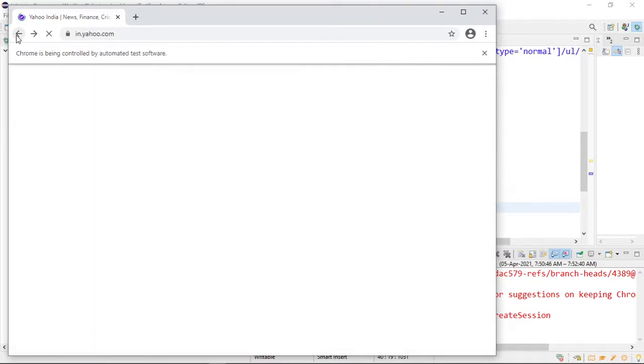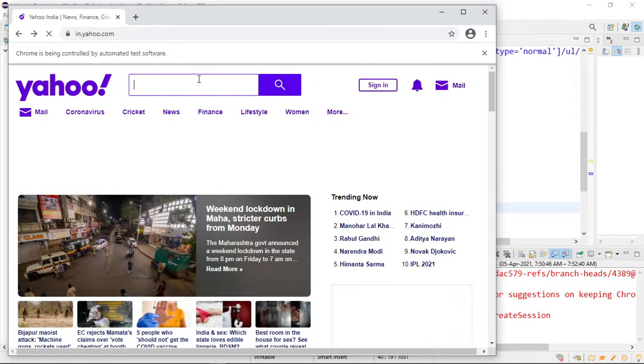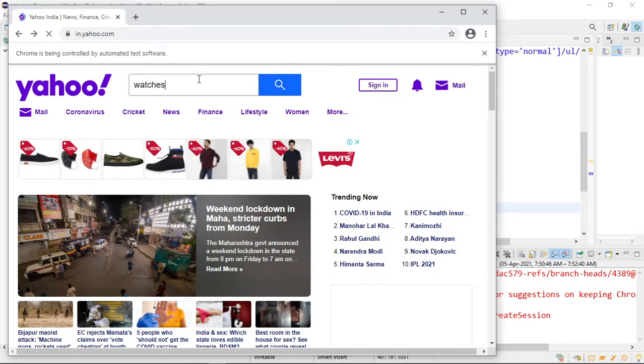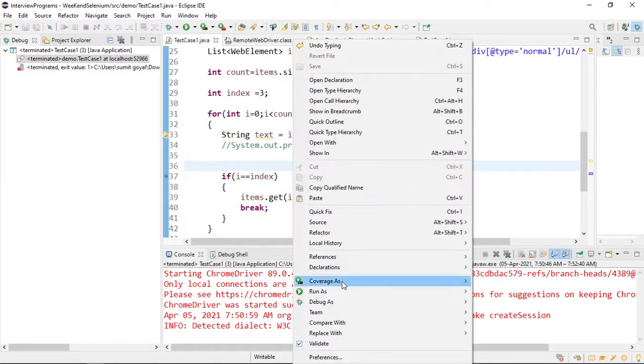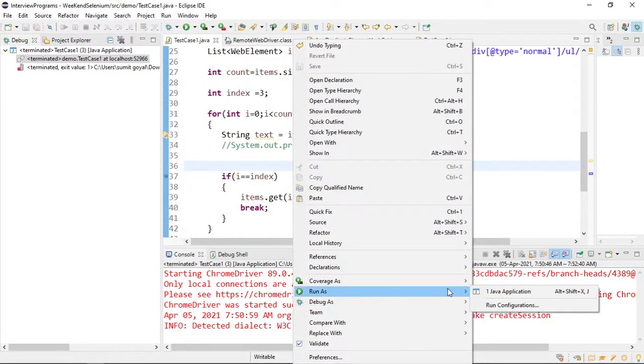Let me go back and run the program. It will click on the basis of index.